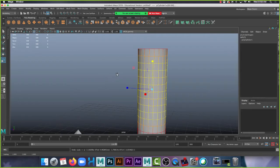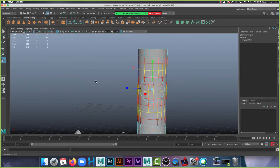Hold B and left click. So I'm holding B and left click, and that's changing my falloff radius. So now you can see I have yellow here, but then red on these ones here. So now if I scale these in,